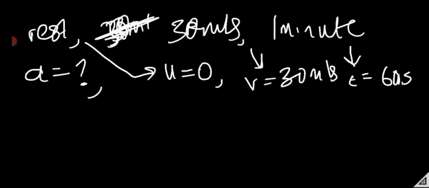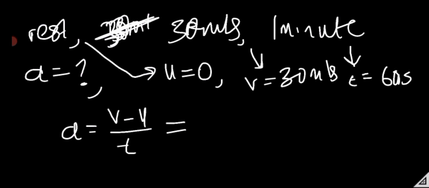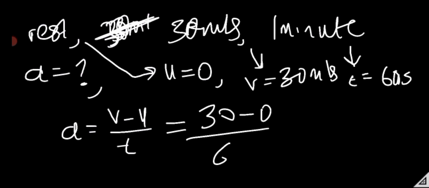All right, so in this case we apply the formula: a is equal to v minus u all over t. So that is 30 minus 0 all over 60, right? So this is the same thing as saying